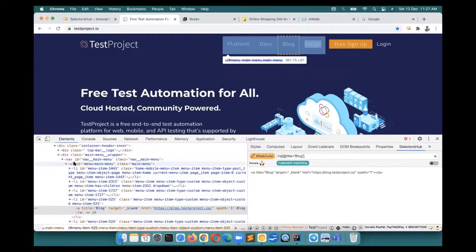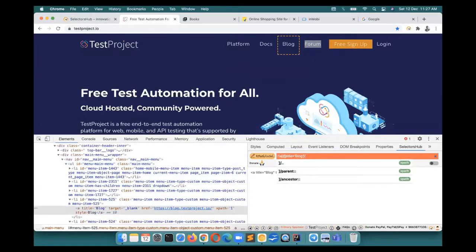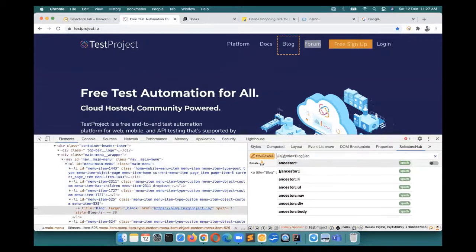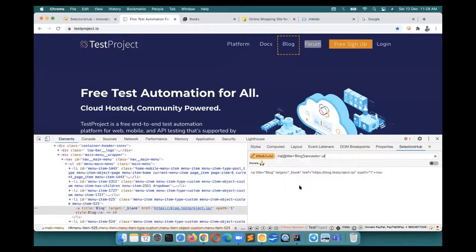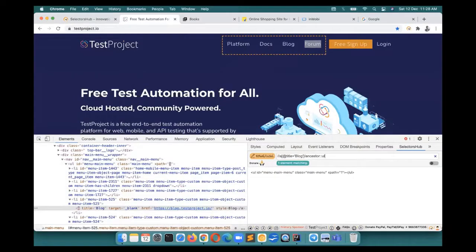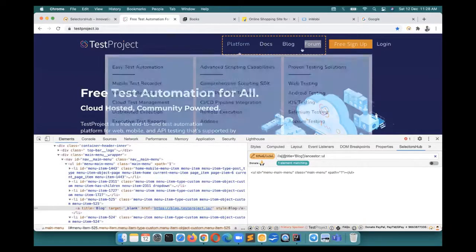Okay, so we click on this, this was the element basically. So here you type a single forward slash and you see that this UL is the ancestor. So you just start typing AN and you will get all possible ancestors options here for the element blog. Now click on this, press enter. We have written the XPath for the common parent.